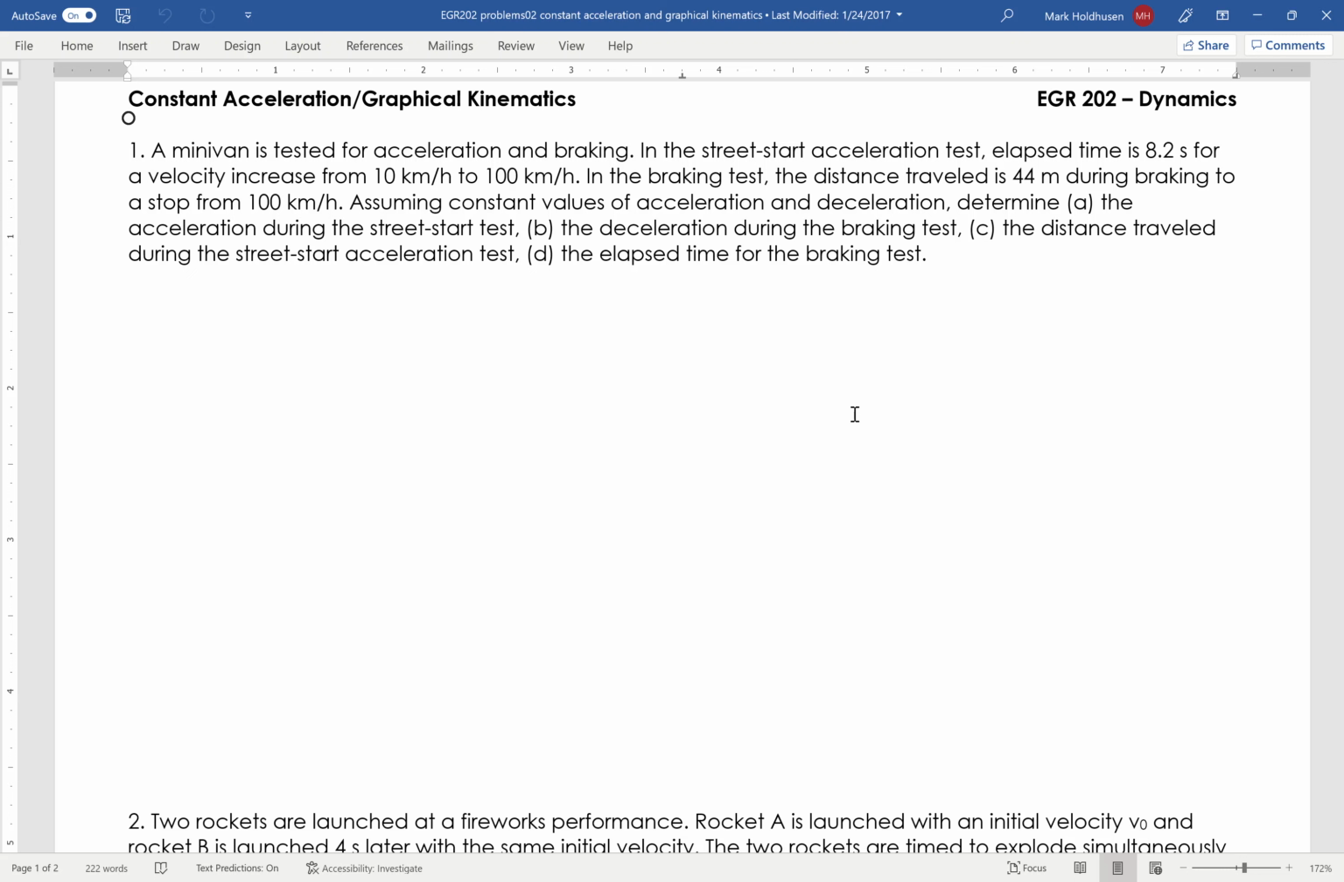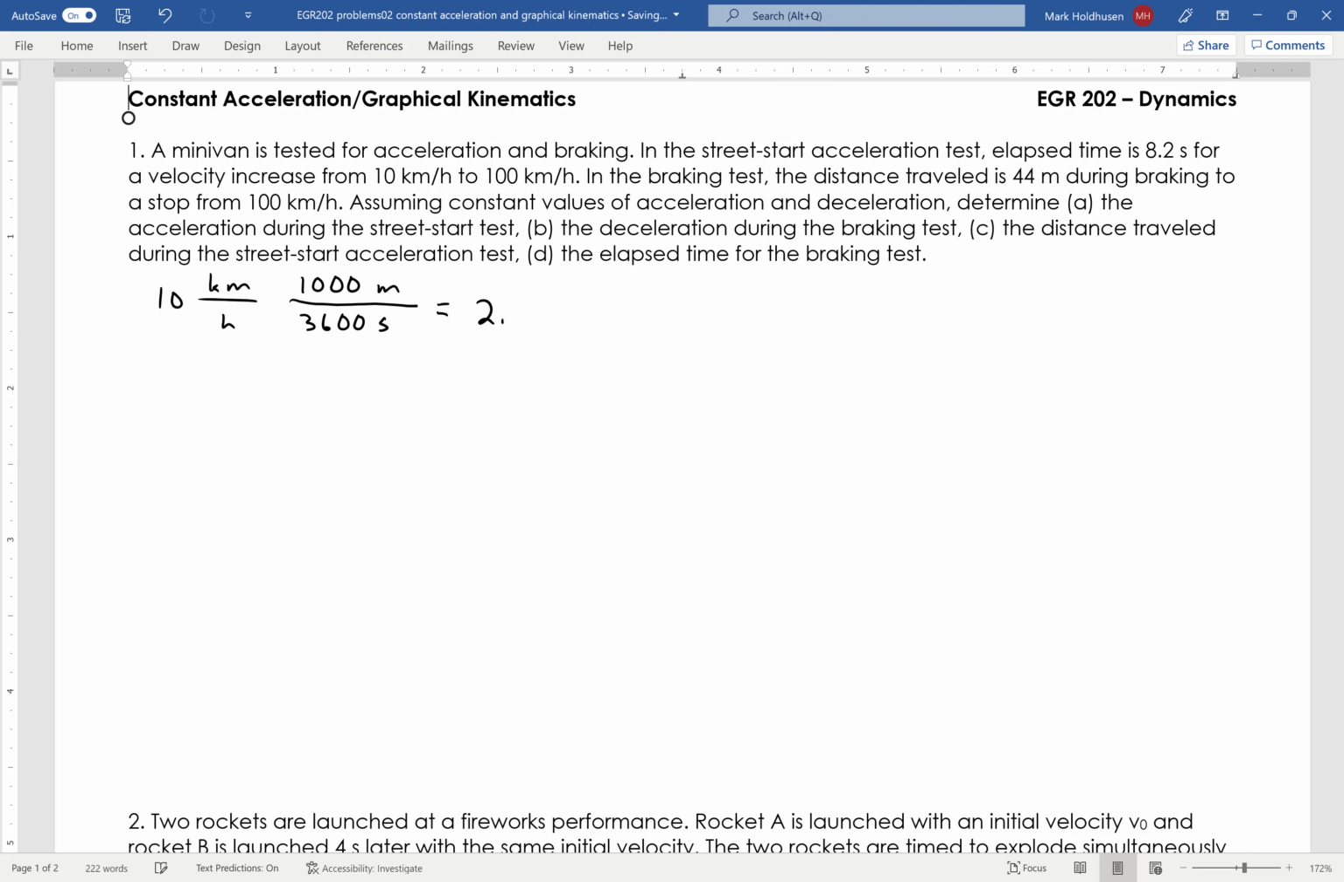Now, the first thing I need to do is go from kilometers per hour to meters per second. Okay, get everything in meters and seconds. That's the best way to go about this. So I'm going to start with 10 kilometers per hour, and that's going to go 1,000 meters in every kilometer, and divide that by 3,600 seconds in every hour to go from kilometers per hour to meters per second, which means that 10 kilometers per hour is